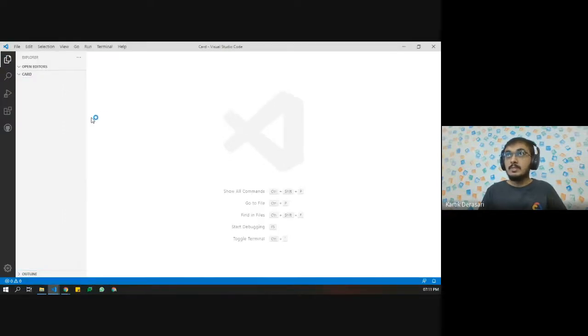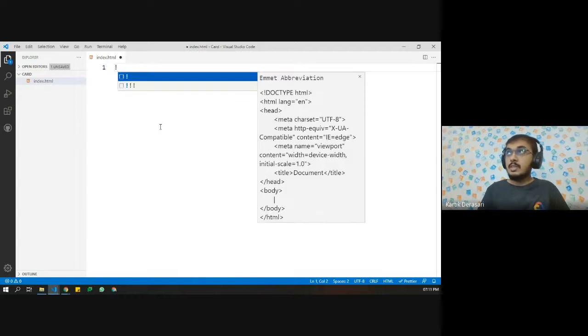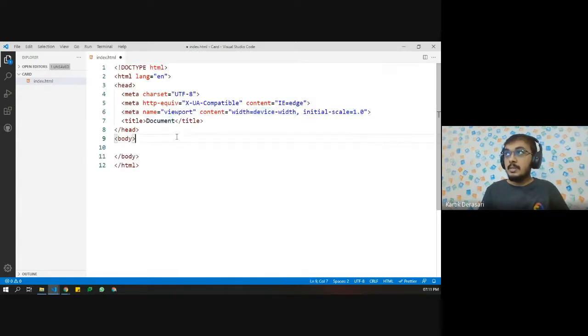First of all, the first step of any project is to create the index.html file. So we have created the index.html file. Using VS Code helps our developer productivity, so let us create the first HTML template. We have doctype, the html tag, the head tag, and the body tag, and this is the main structure of any HTML web page.